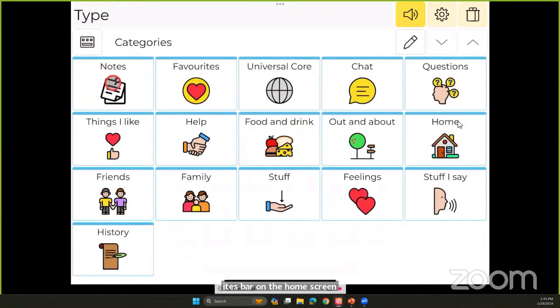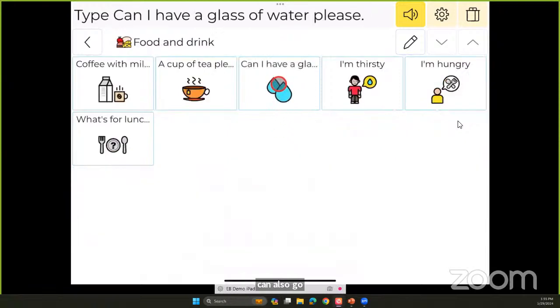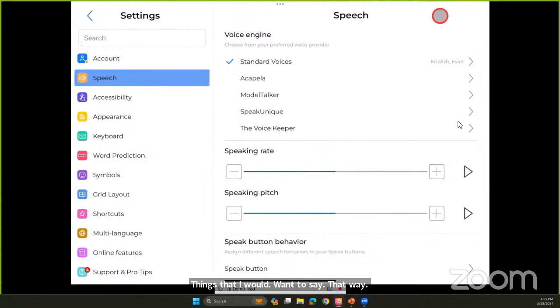But then I can also go into different things. Food and drink. So that, Can I have a glass of water, please? Things that I would want to say that way. And then in my gear here is my settings. In this app, I can change a whole lot about it.